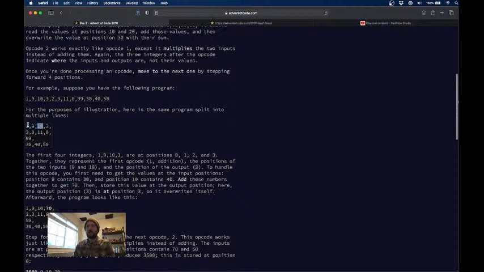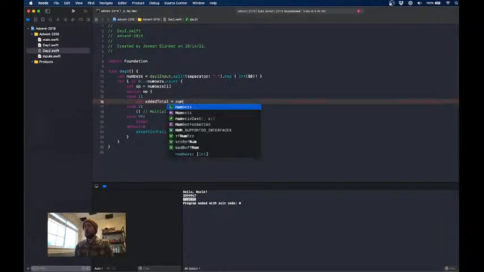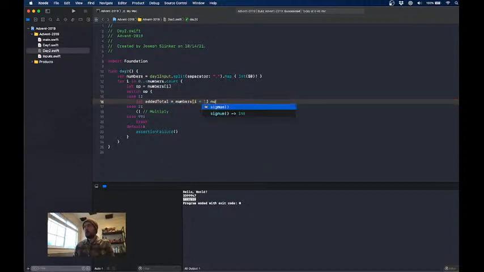If we started at index 0, this is index 1, this is index 2. So the added total is numbers sub i plus 1 and numbers sub i plus 2. Now these are the indexes. This gets us where to look ahead, and then we use those as the index into numbers,